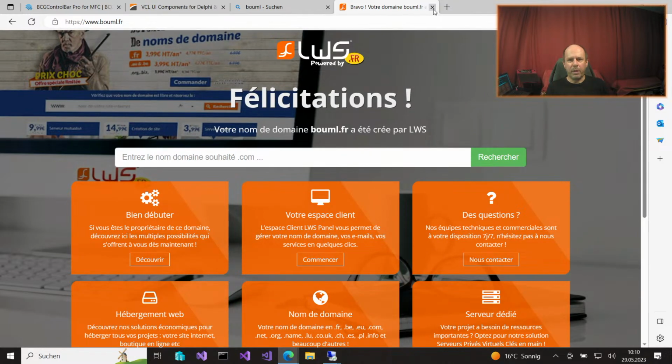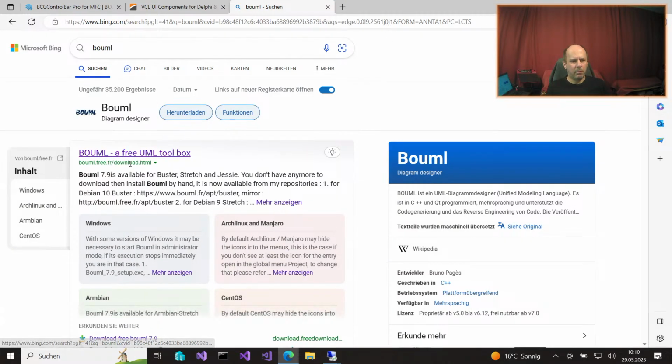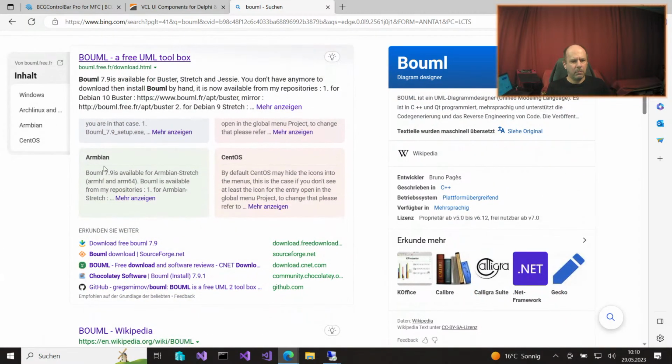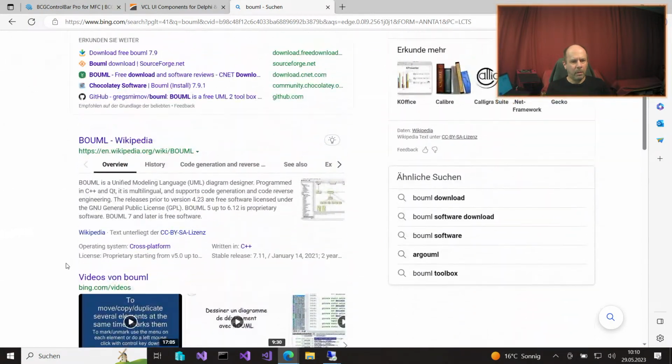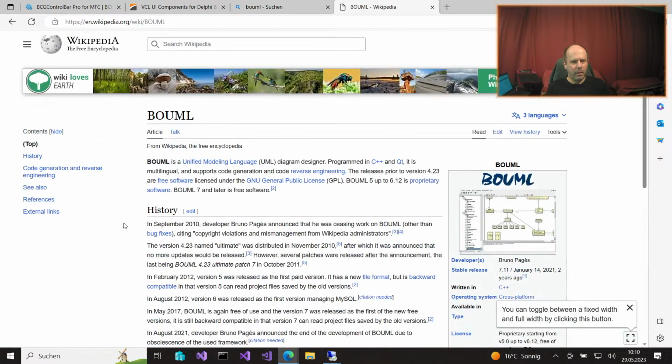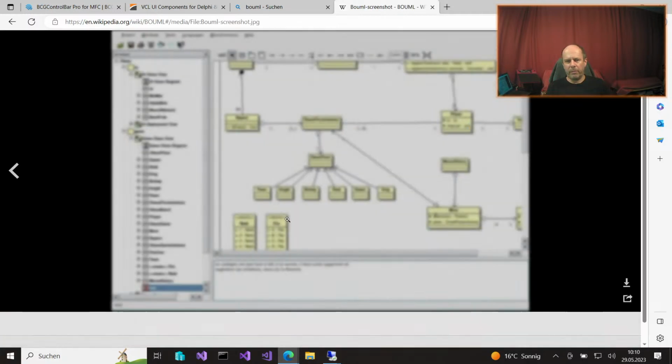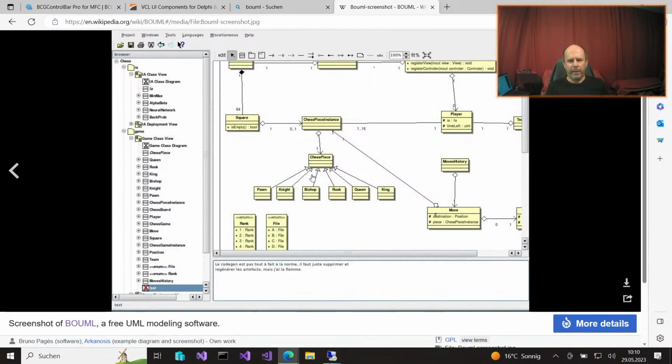I have no idea if this is still active. Okay, here you see some diagrams, and I used UML to model my software that I want to prototype, and